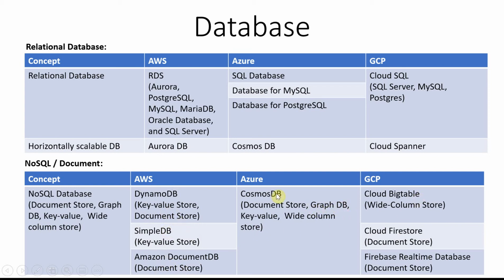In Azure, they took a different strategy. If you remember the all-in-one category from school days, they developed something called Cosmos DB, which is their proprietary product. The advantage is that Cosmos DB is an all-in-one DB that can store all the options you have in NoSQL. You can store document based, graph based, key value based, and wide column based data. All of these are possible in Cosmos DB.